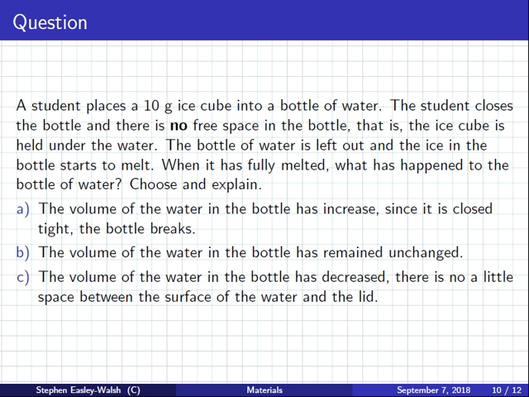It won't break. In normal life, the bottle won't break, but if the question made the bottle break. So there's no space. You close the lid, and the ice melts. I think the bottle has elastic. Okay, glass bottle. Yeah, because the ice value is... You think C now? The ice value is just like the 10 G.